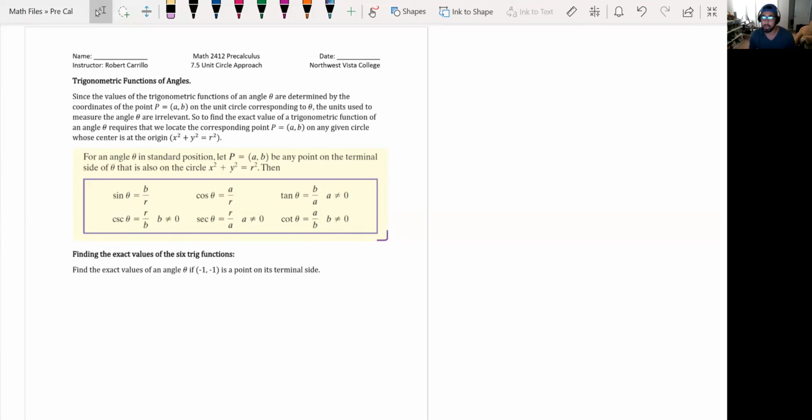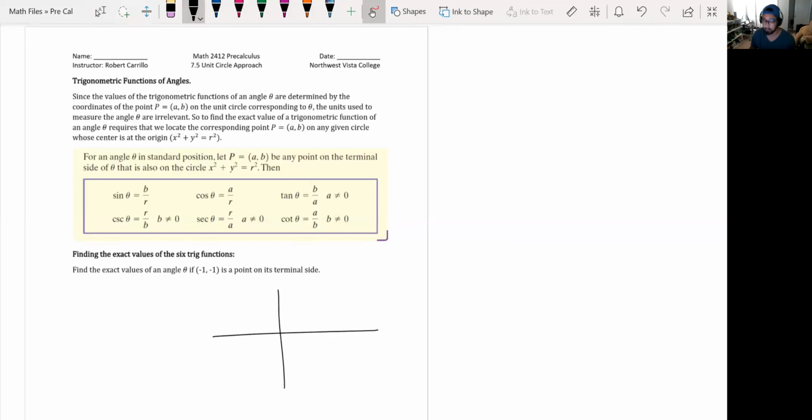So for an angle theta in standard position, let P equal the point (a, b) be a point on the terminal side of an angle that is also on the circle x squared plus y squared equals r squared. Basically our unit circle, right? Or any circle with radius r. And your given ratios are, look at this, sine is b over r, cosine's a over r. So what we're saying here is that, once again,